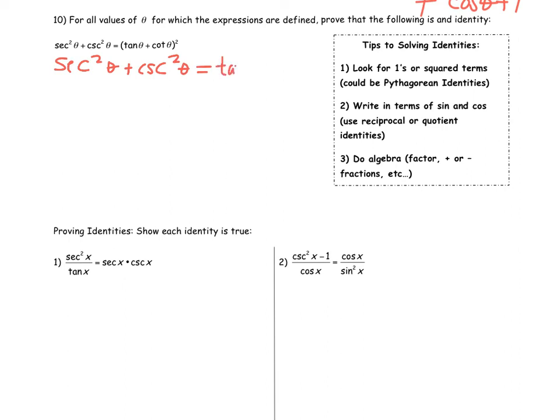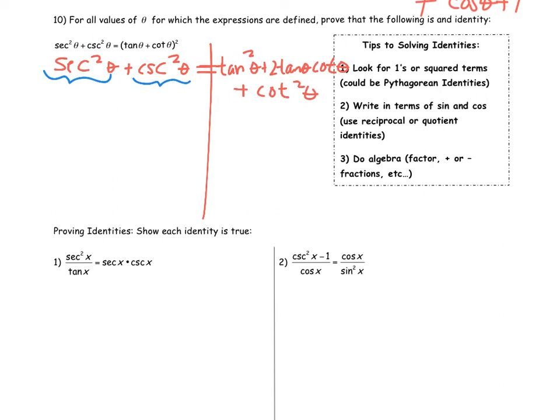We know that that's equal to tan squared theta plus 2 tan theta cotangent theta plus cotangent squared theta. All right, so we want to prove that those 2 things are equal. Well, again, we always want to try to get things in terms of sines and cosines. I know that secant theta